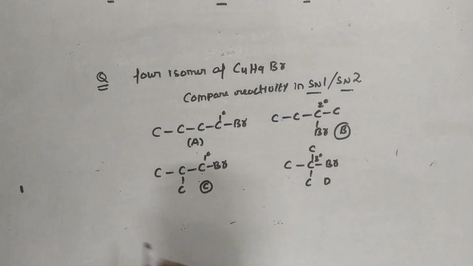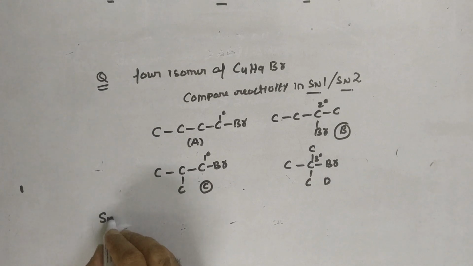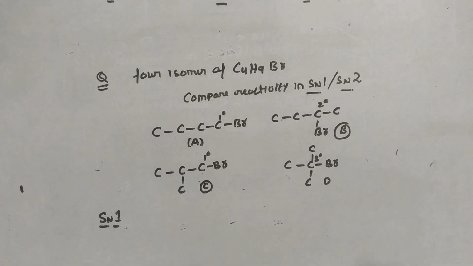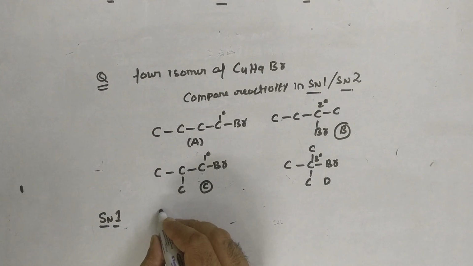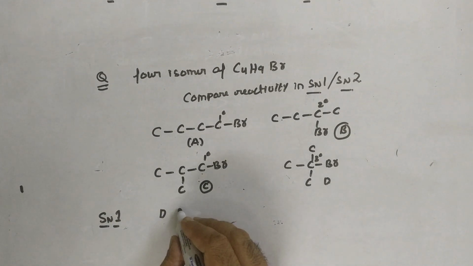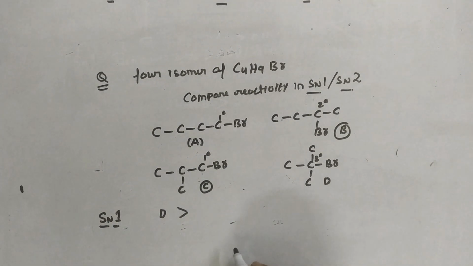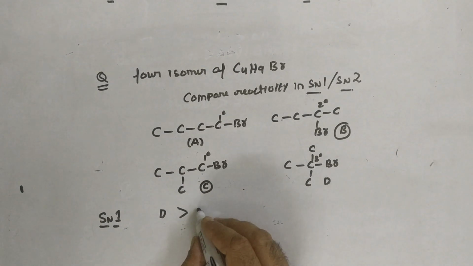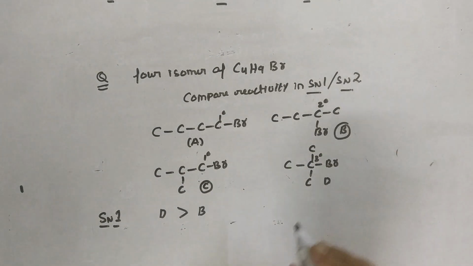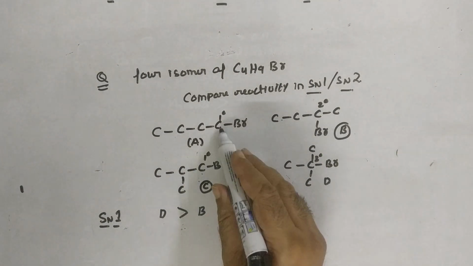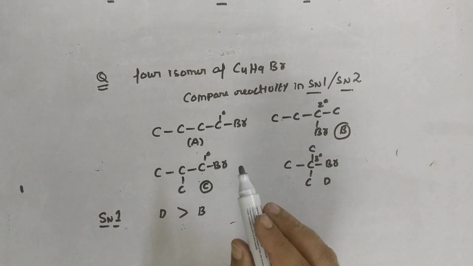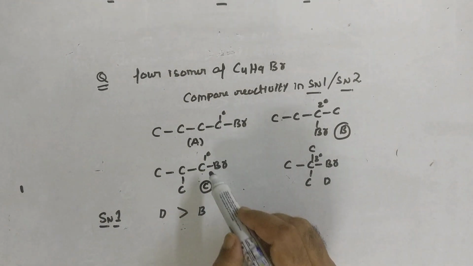Now let's compare their reactivity in SN1 mechanism. I've already told you, in SN1 mechanism the most reactive is tertiary, followed by secondary, followed by primary. So blindly you can write down that the one which is going to be more reactive will be Dusra apple, D for donkey. Then will come your B for Bombay. Out of these two we have to decide because both of them are primary. Now how to decide out of these two primary halides?